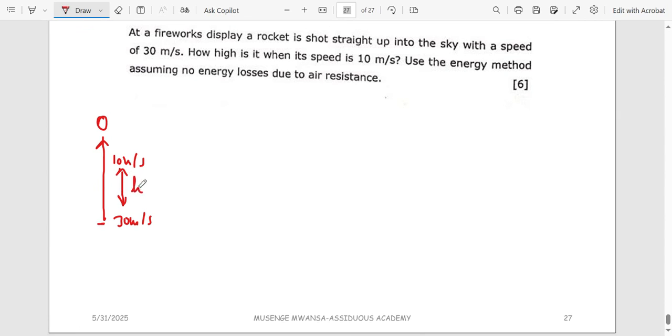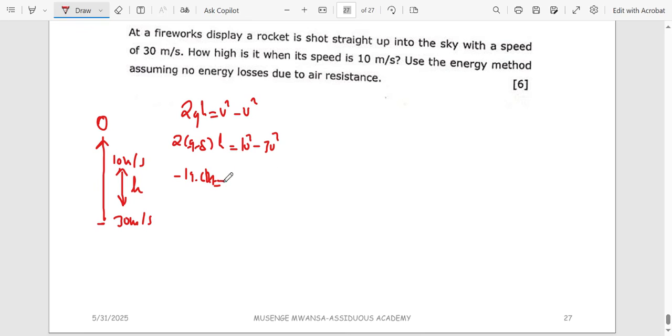To find that height, we'll say 2gh is equal to v squared minus u squared. So 2 times 9.8, which is negative because we're going up, times height. The final velocity is 10 squared, the initial is 30 squared. So it will be negative 19.6 h is equal to